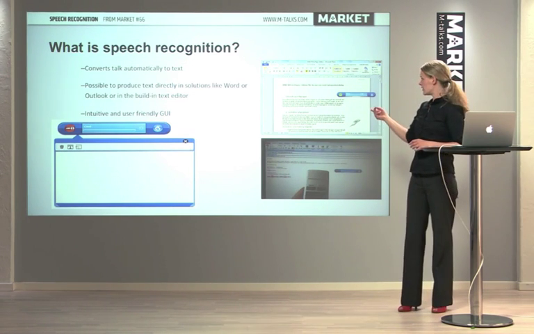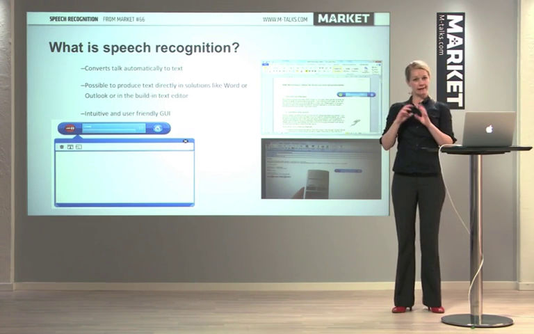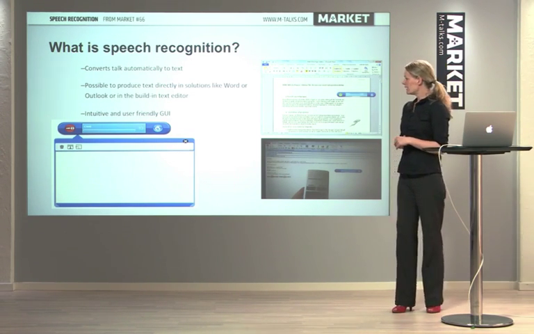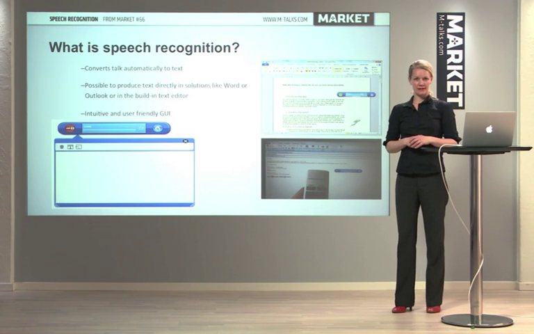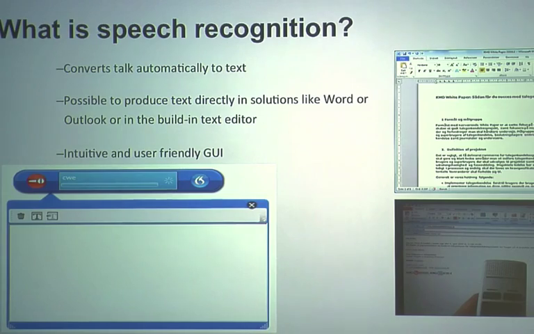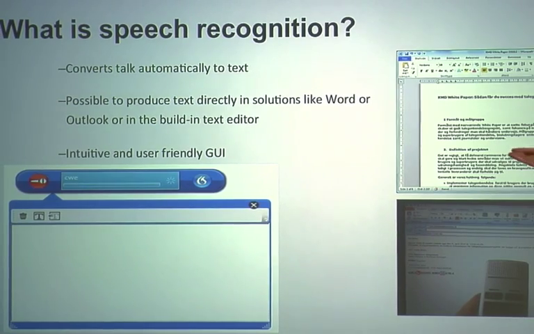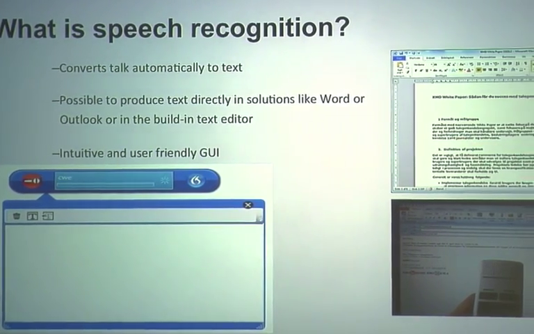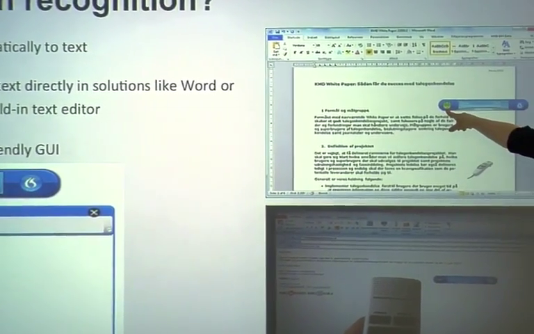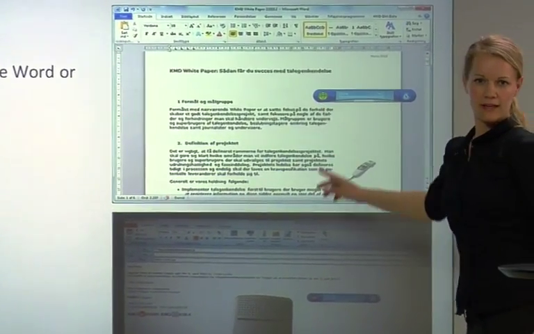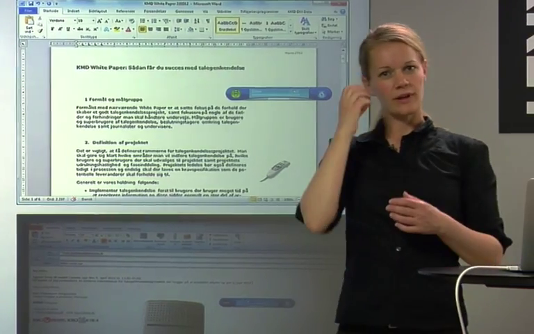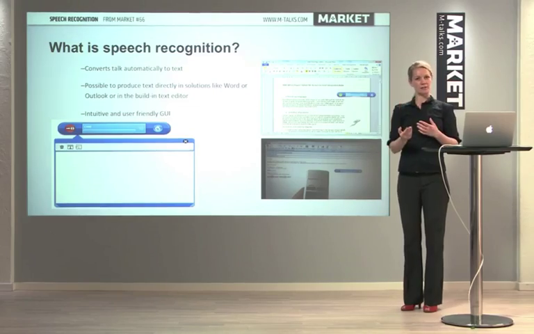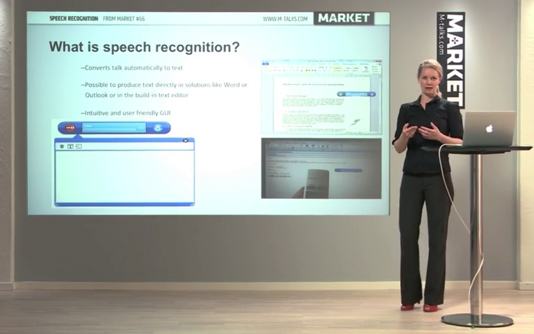What you can see here on the screen is the little icon, the speech recognition client, we call it. It's a small piece of software that is installed on your PC, on your computer, and it looks like this icon over here. You can also see right here it's actually turned on. So there's a little microphone right here. You turn it on, and with your headset or a microphone, you start speaking, and it automatically converts your speech